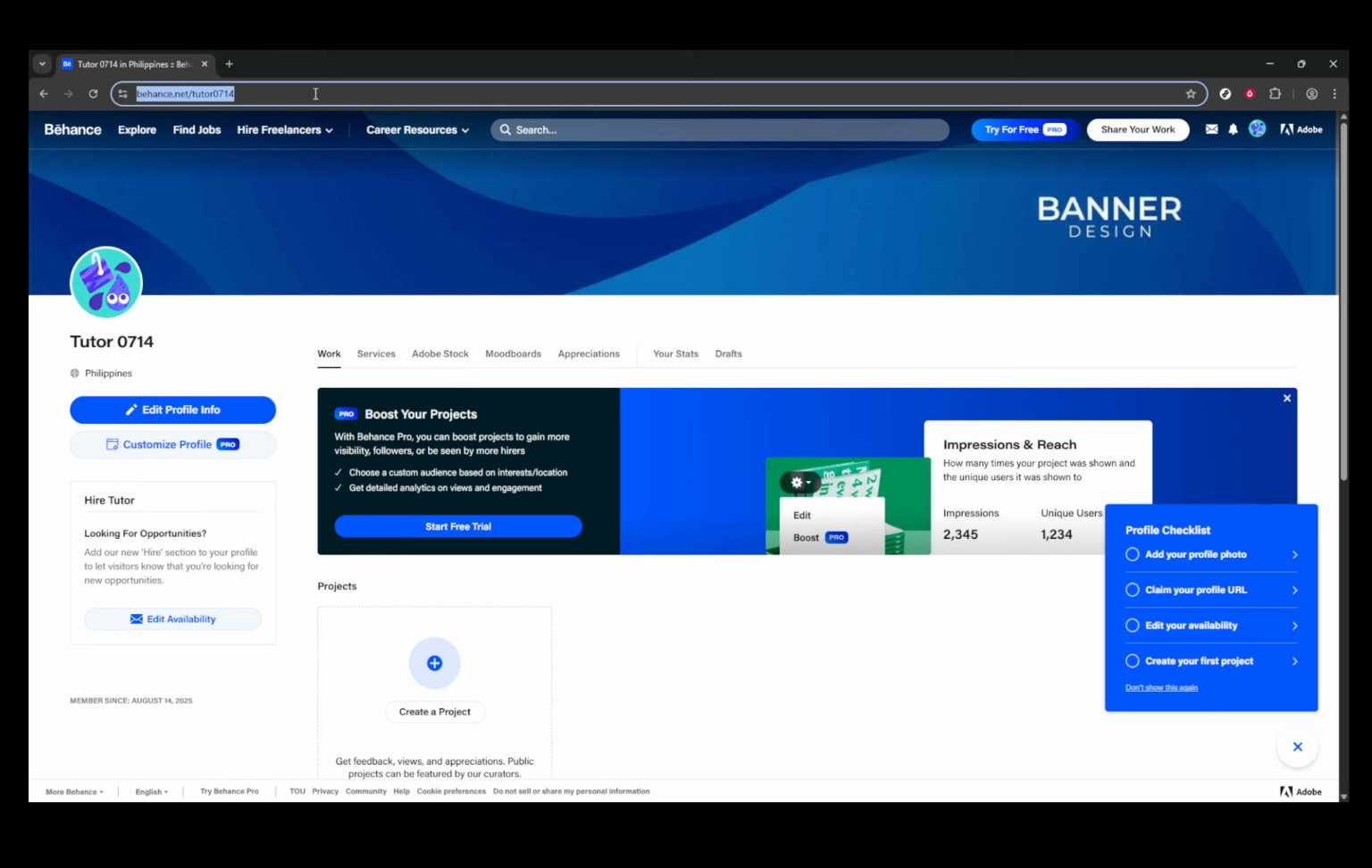To wrap up, accessing and copying your Behance profile link is a quick, simple process that can significantly enhance your ability to connect and share your creative projects with the world. Log in, navigate to your profile, and grab that link from the address bar. With this skill in your toolkit, you're all set to share your